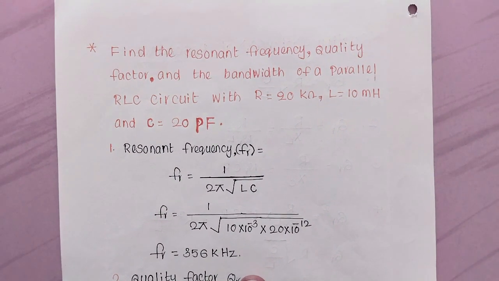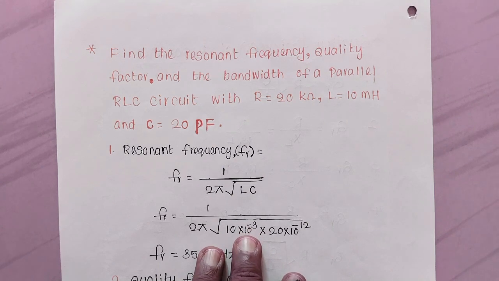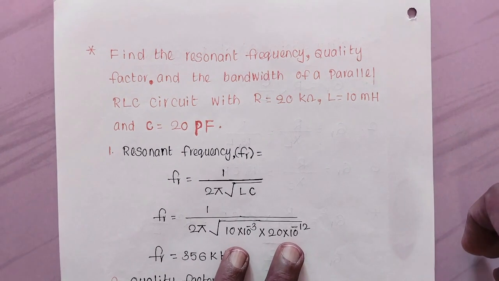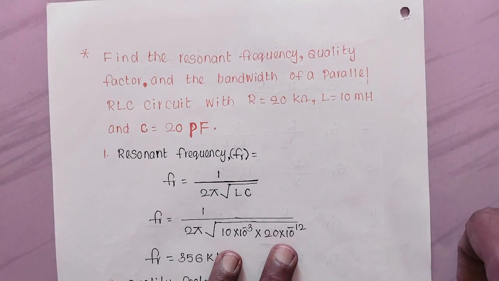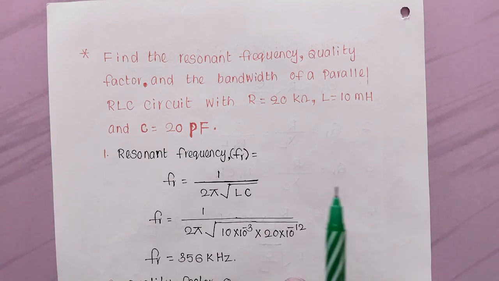Find the resonant frequency, quality factor and the bandwidth of a parallel RLC circuit with R equal to 20 kilo ohms, L equal to 10 millihenry and C equal to 20 picofarad. So here a parallel RLC circuit is given and the values of the resistor are 20 kilo ohms, inductor value is 10 millihenry and capacitor value is 20 picofarad, and we are asked to find the resonant frequency, quality factor